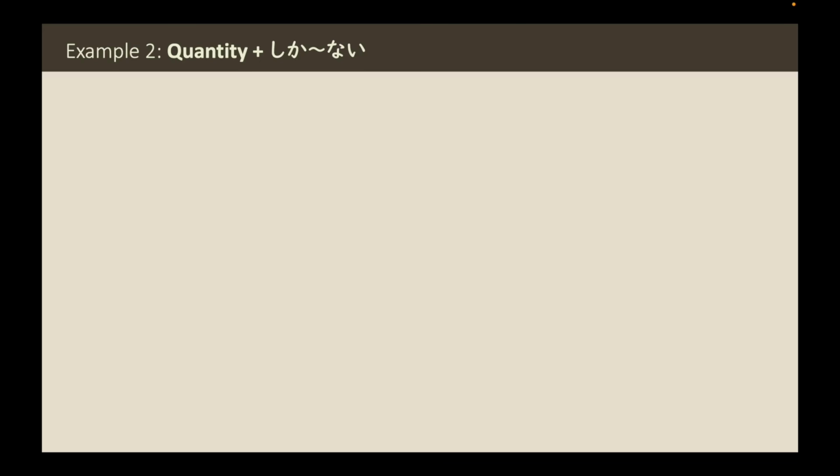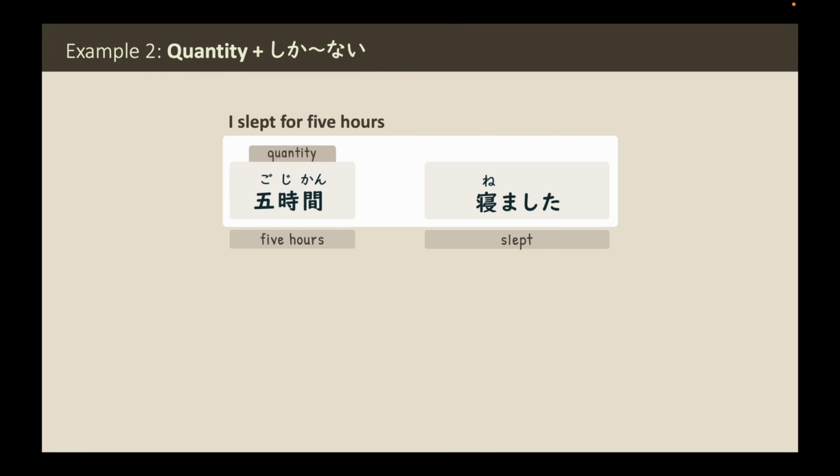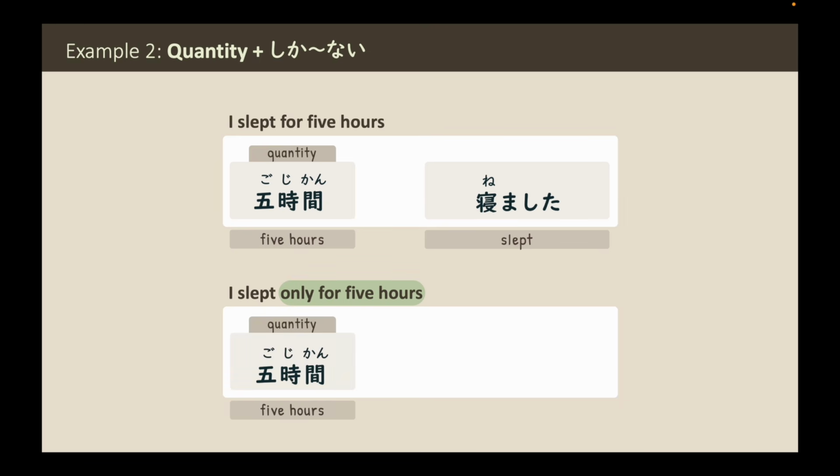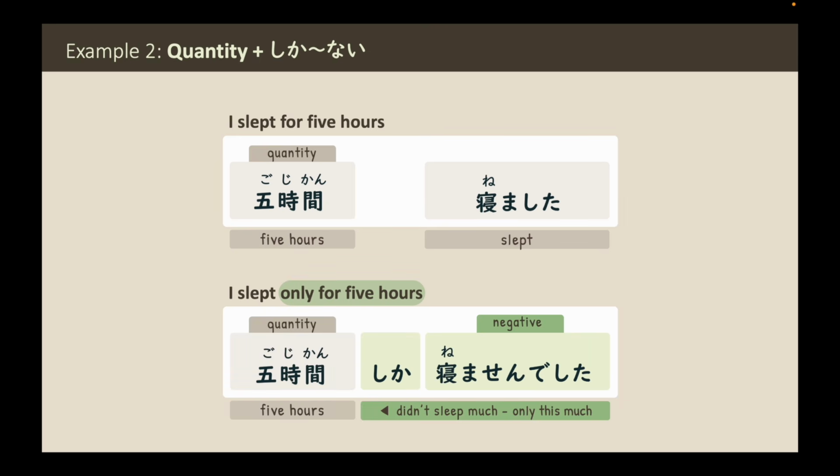Let's look at another example. If you slept for 5 hours, you would say 5時間寝ました. But if you feel that 5 hours is not enough, you would say I slept only for 5 hours. 5時間しか寝ませんでした。Please note that in many contexts, shika sounds like the amount is not enough because shika emphasizes how small the